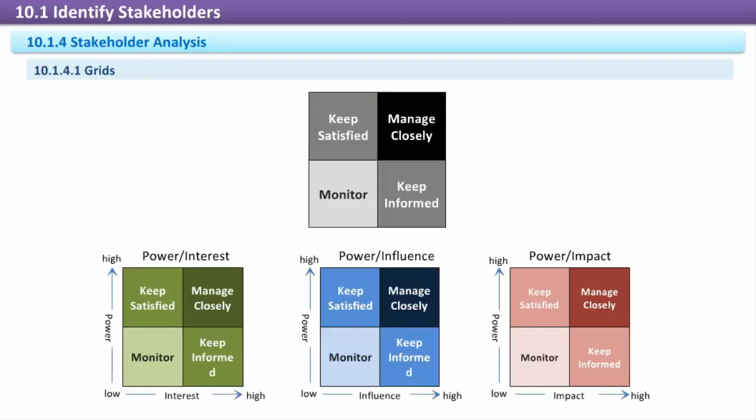The two axes split the grid into 4 quadrants, and where the plotted point falls gives us an indication of what level of participation the stakeholder needs and how much effort the project manager will want to expend on meeting the stakeholder expectations. In the upper right quadrant are stakeholders who need to be actively engaged in the project, usually in a